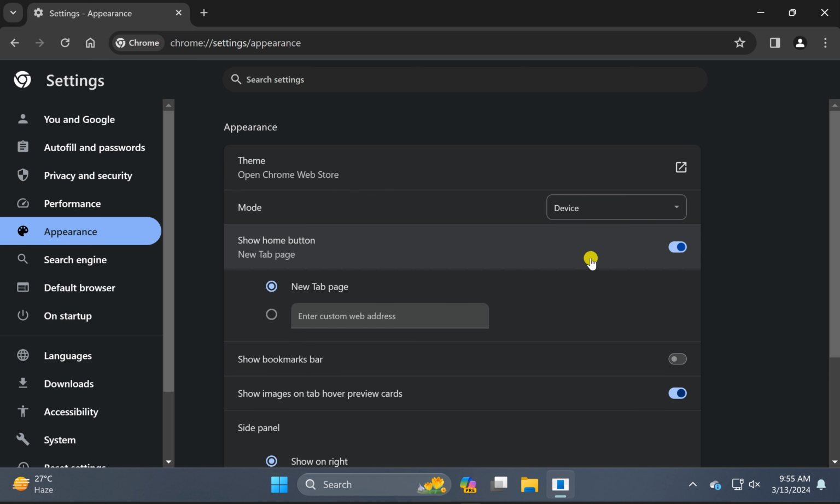After toggling on this switch, you can select these two options. New tab page, this will simply open a blank tab page, and in case you want to open a specific website by clicking on the home button, turn on the next option, and type your website address,